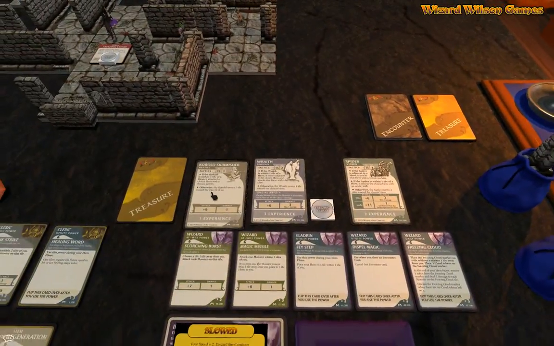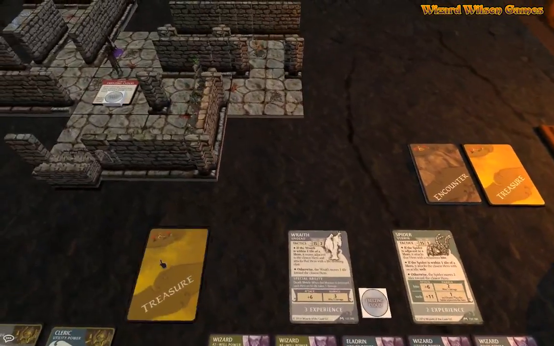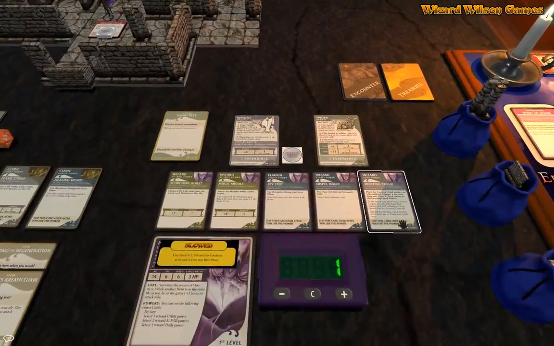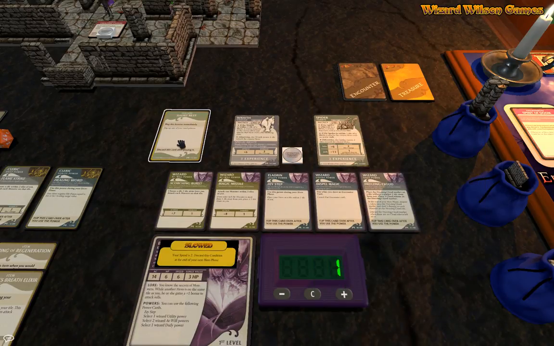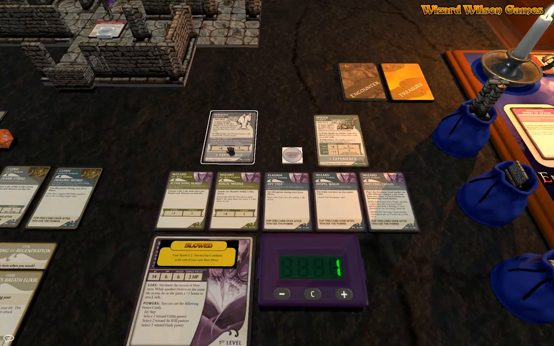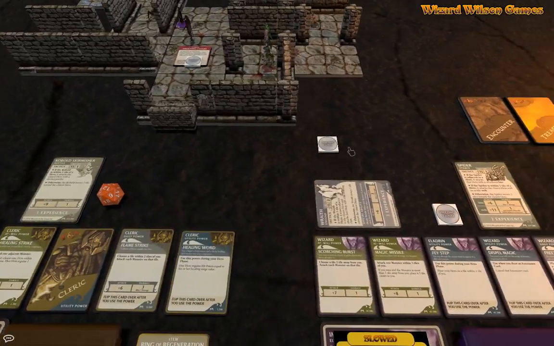And let's remove the kobold. How many cards? We've got 8 cards in there. Let's flip it. Oh, come on, flip up one of your used powers. We haven't used any. Oh, have we actually? Yeah, because that. Oh no, it's not. It's still in use. Damn it! Still got 1 more use on it. So you go there, and that wraith has taken 1 hit point of damage. Let's take off 1 freezing cloud,